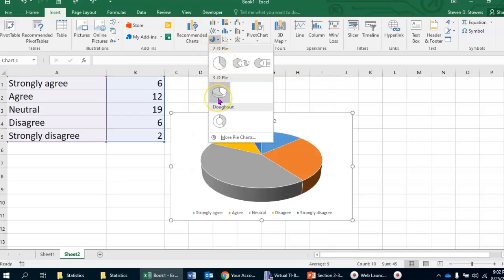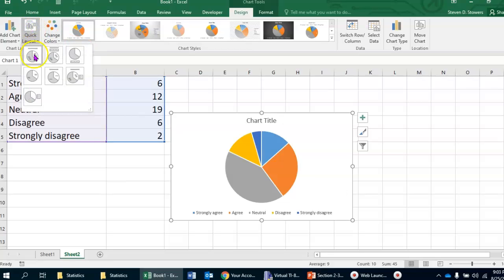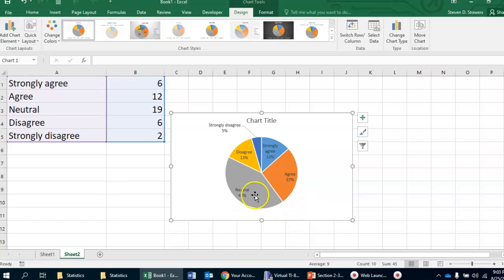And now you can get it to make a 3D pie chart, but those aren't very good because you're looking at it from an angle that kind of distorts things and doesn't always give you a clear idea of the relative sizes of the sectors. So let's just stick with a two-dimensional pie chart. So when I click that, it comes up. It's got the 5 sections, but I want the labels directly on the sections. So I can go over here to Quick Layout, pick the first one there. That's the one where it labels the sections of the chart directly with what they represent, the names and also